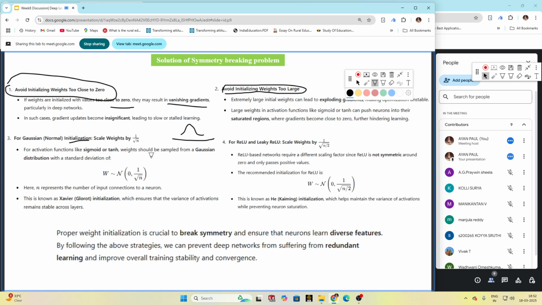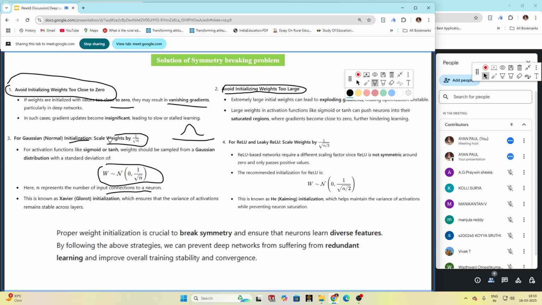So for that, you should normalize your weights. How should you normalize them? By 1 by root n. That means whatever weights you have, you divide or scale the weights by 1 by root n, where n is the number of input connections to the neuron. This way you will avoid the symmetry breaking problem. And fourth is